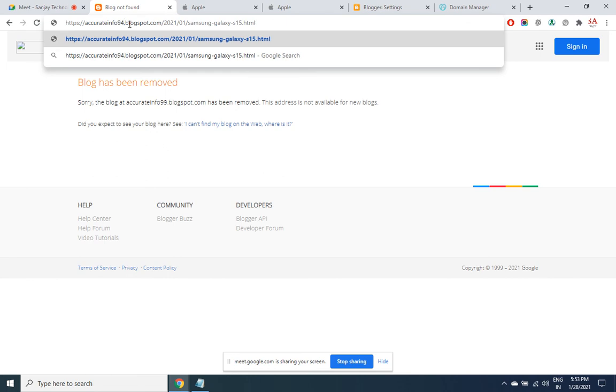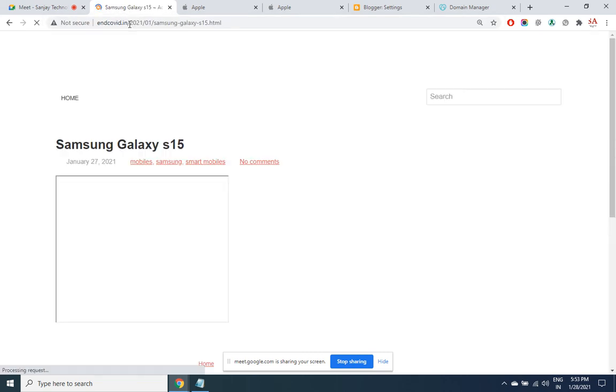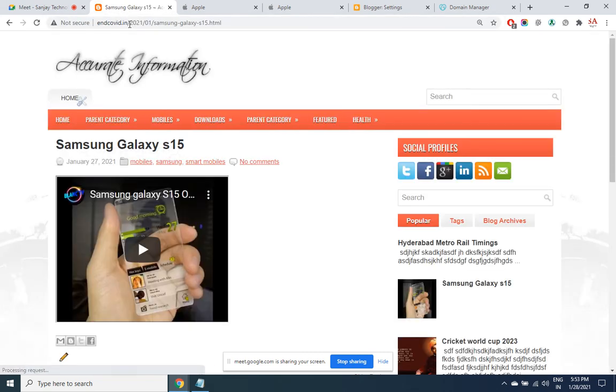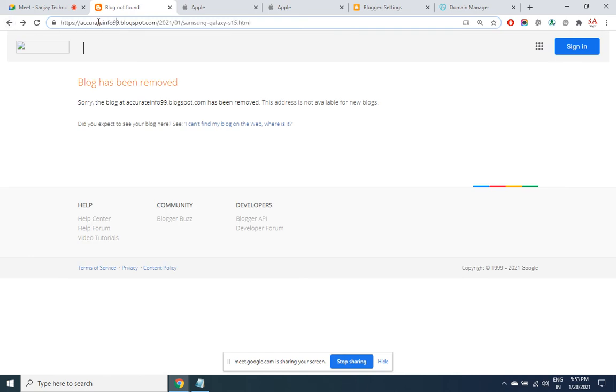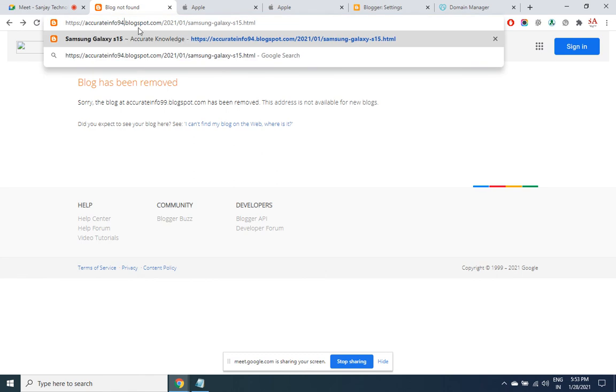We have changed the address from 99 to 94, so we have to replace that in the menu links as well. Press enter. See here, automatically it gets redirected to the private domain. Even if you give the home page address, it automatically gets redirected to the private one.